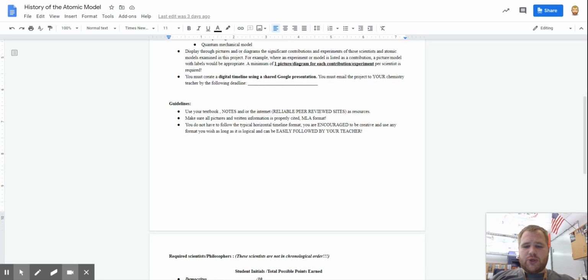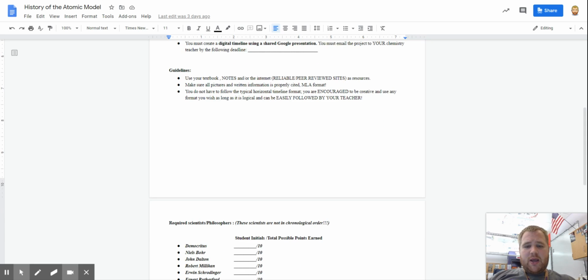So what can you use? You can use your textbook, notes if you have notes on them from previous classes, the internet, but make sure that you're using well researched sources, not just going to the first thing that pops up. Okay, so .orgs or .edus are the best ones to use. Make sure all your pictures and written information are cited. We're going to use MLA format,